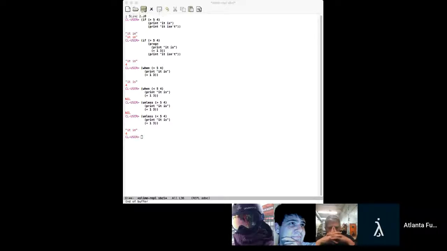In Common Lisp, for the multi-branch conditional, if you don't want to write multiple if expressions, where you say if do this, if A do this, if B do this, and so forth in the else condition, you can do something called cond, which allows you to specify multiple conditions in a single